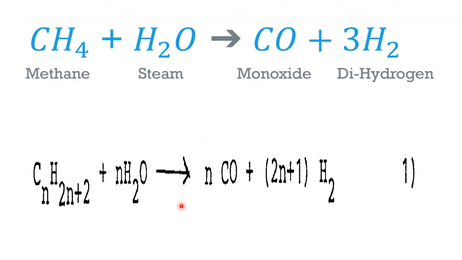Now this is one more. When we pass steam over hydrocarbons, we get carbon monoxide and hydrogen. So you separate these. After separation, hydrogen collects and the other you give to some other place where it is useful, in the form of carbon dioxide. So this is the general chemical equation for the alkanes: alkanes with steam give carbon monoxide and hydrogen. This is the particular equation for only methane. In the same way, you can take ethane and propane and so on. This is the general formula.